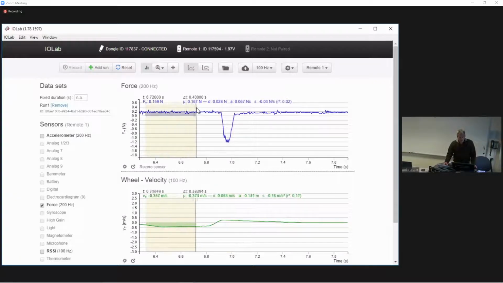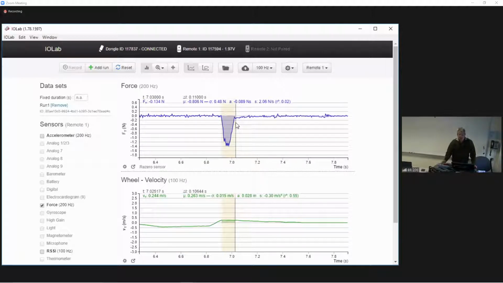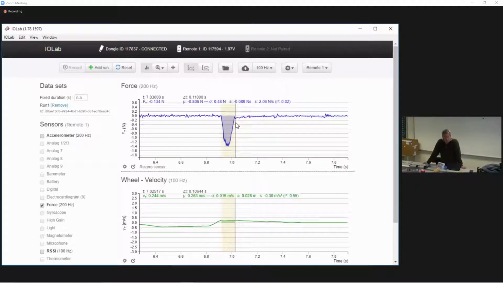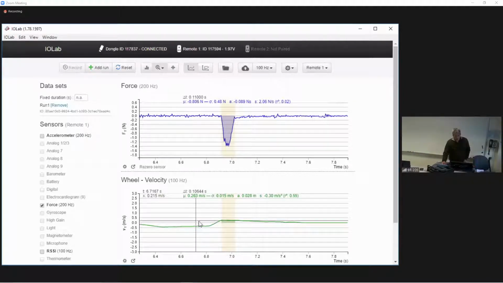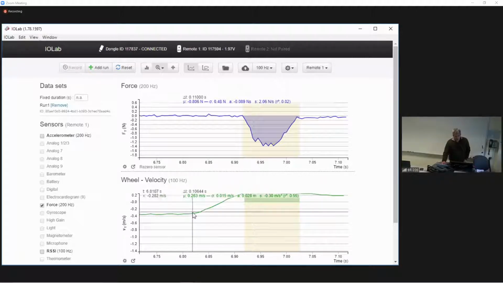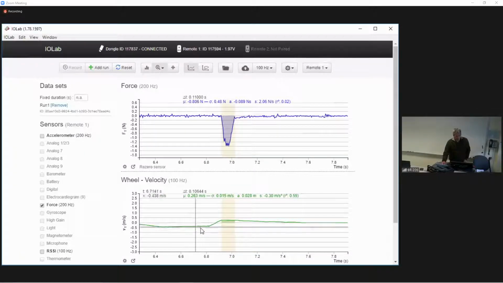Now, of course, I should zero my force sensor, so I'm going to select this and click re-zero sensor. There we go. You're going to have to estimate where to measure that area to calculate the impulse. Okay? And you're going to have to try to zoom in here and find the point where the spring first touched the wall, which looks like it's about here. And the point where the spring then left contact with the wall, which looks like it's right about there. Okay? And we can then